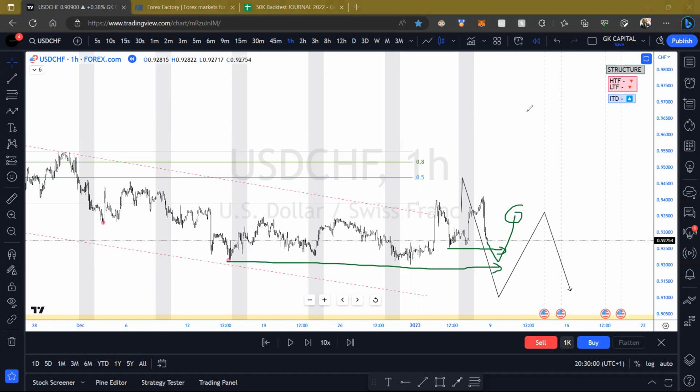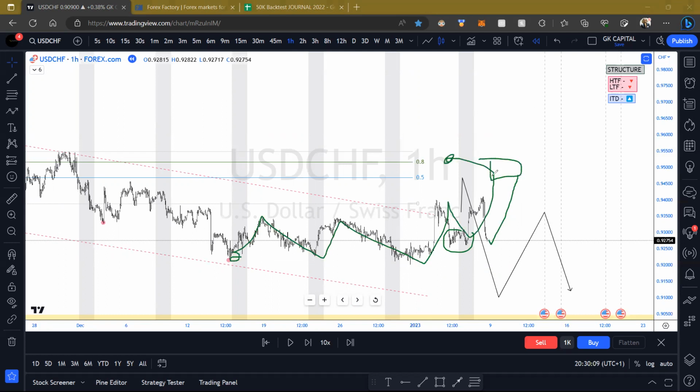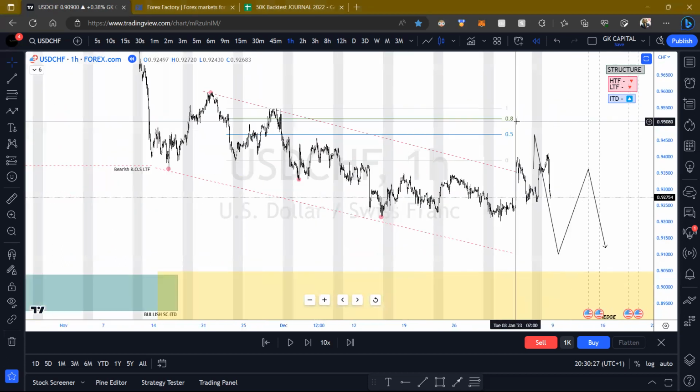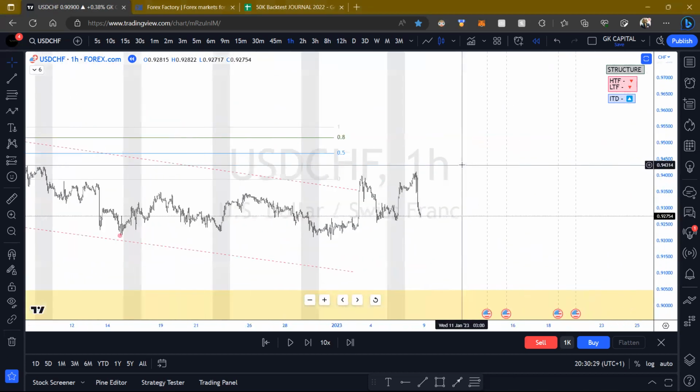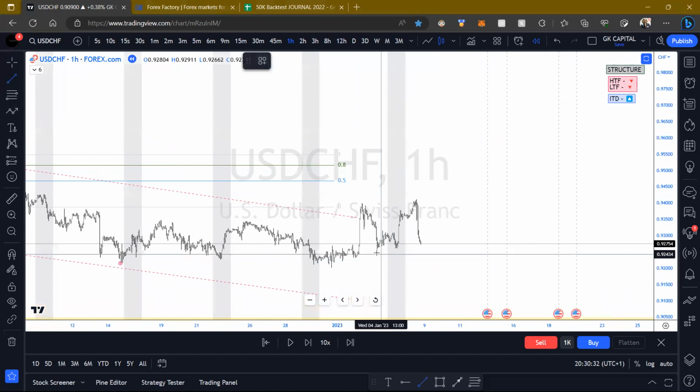Because if we don't break this, we could still be in that retracement leg to come up into here where we do get a distribution to then go down. So we don't know. So now we need to wait for that break, see if price wants to come up. If it does, perfect. If it doesn't, then we just once again play the same thing, the redistro within it, and then this is the clean break that we also require. Okay, so I'm going to delete that, and we just now need to wait for this break.